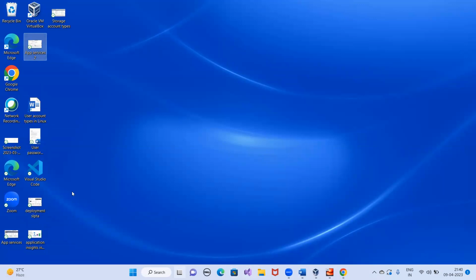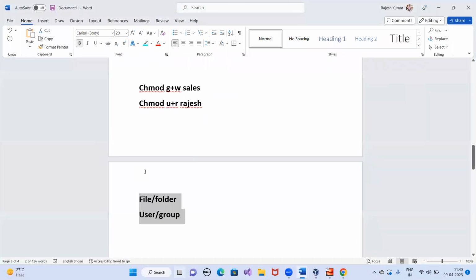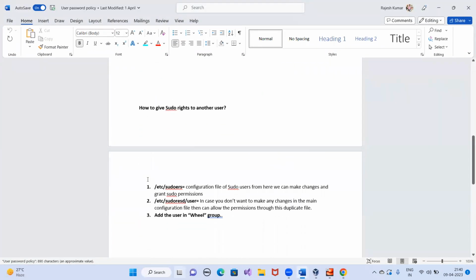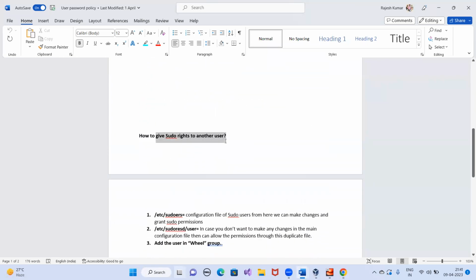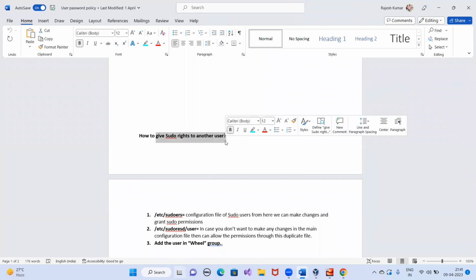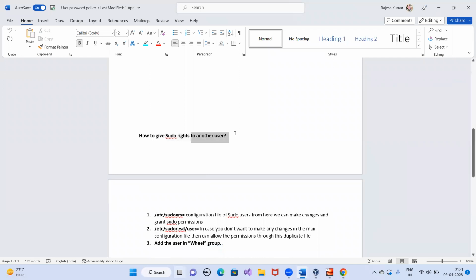Where is the permission folder I have uploaded? I think it's there in this. Yes, see, there is a sudo permission. Now, in case you want to assign the sudo permission to someone, if you want to give the admin right to any other user so that that user can also perform the administrative task, you don't want to give them the full permission.